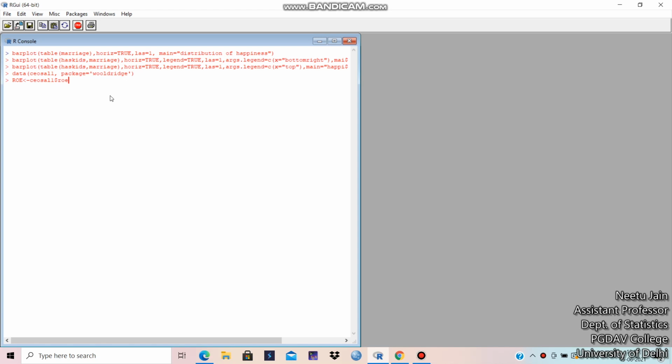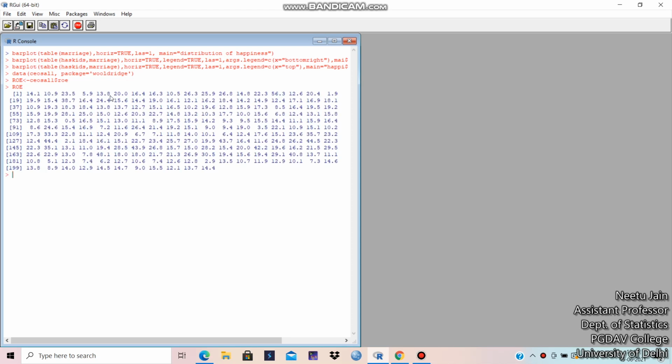Small roe is a variable name present in the dataset CEOSAL1, and I am saving this variable in capital ROE, means return on equity, right? If you want to see this variable, you can see these are the values in this variable ROE. And basically this capital ROE is the variable name which is stored from the small roe.